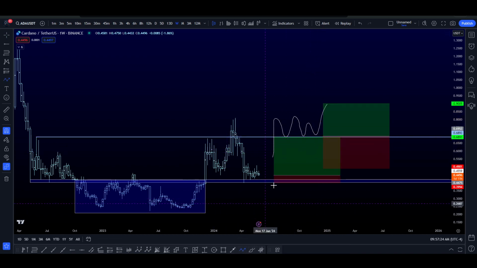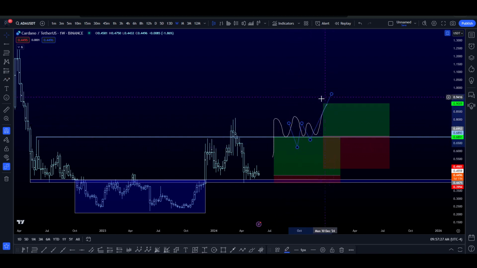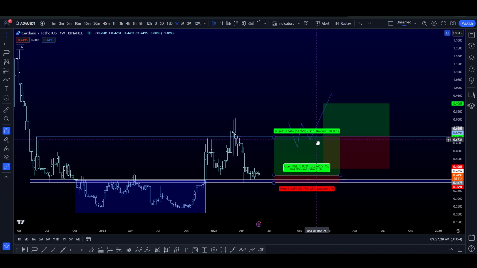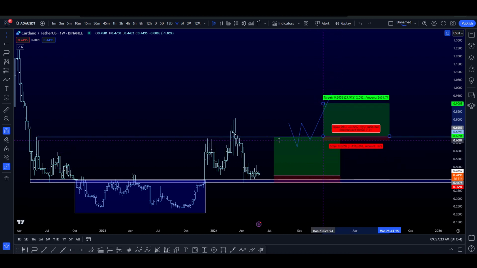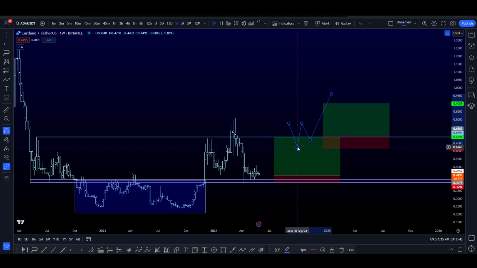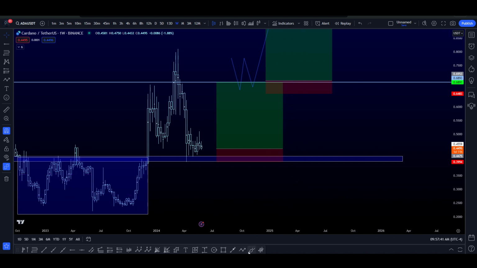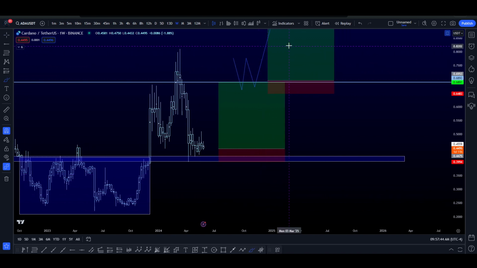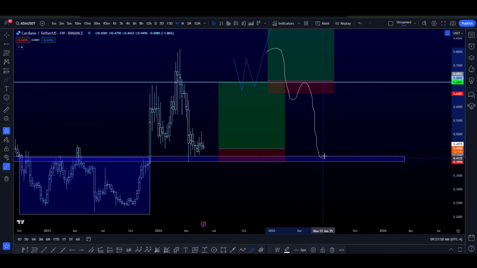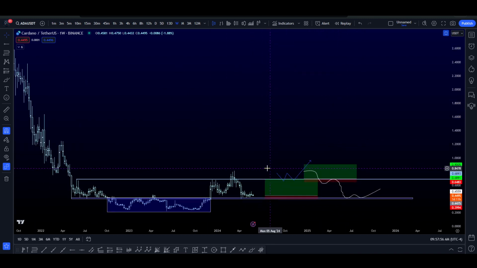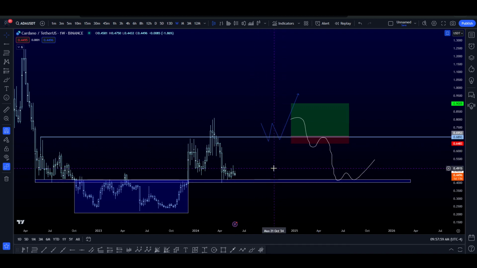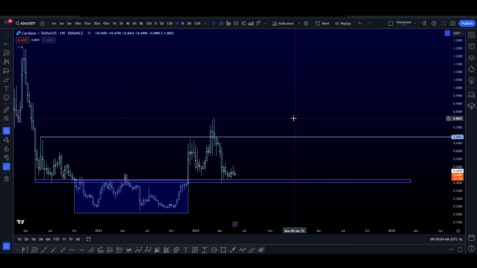And if price was to wick down, the smartest thing to do would then be to place your stop loss below that wick low, right, wherever that may be. So just in case, if price was to come back down, you get stopped out, you're not still in the trade. It might rotate all the way back to the downside, and then obviously that's where I would be looking to re-enter a long position once again, right? So you just have to think about it the smart way. Right now it's at a beautiful area. You're right at support, not at resistance. It's very straightforward. You don't want to make this too complicated.